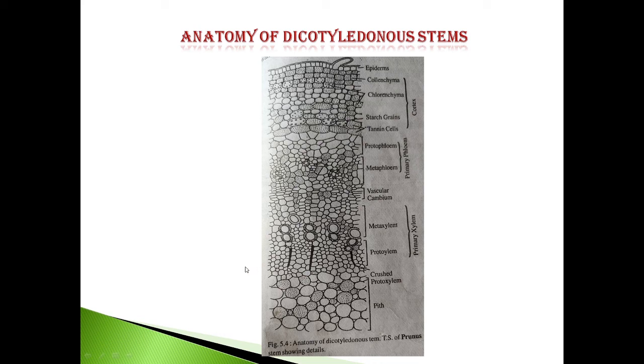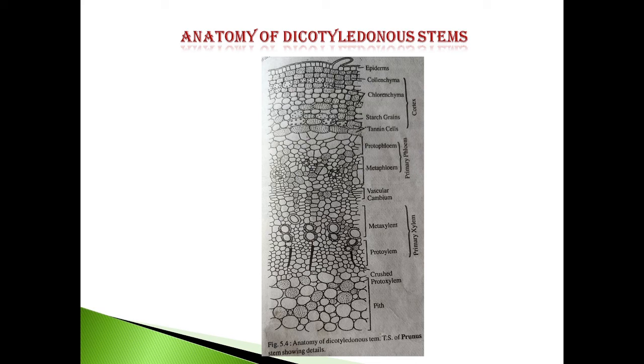In the phloem region, the primary phloem of the dicotyledonous stem again consists of three types of cells: the sieve tube, companion cell and phloem parenchyma. The sieve tubes consist of thin-walled elongated cells arranged in vertical rows. The adjacent cells of the sieve tubes are united by small holes in the cross wall, and the area on the wall of the sieve tube which contains such holes is known as the sieve plate.